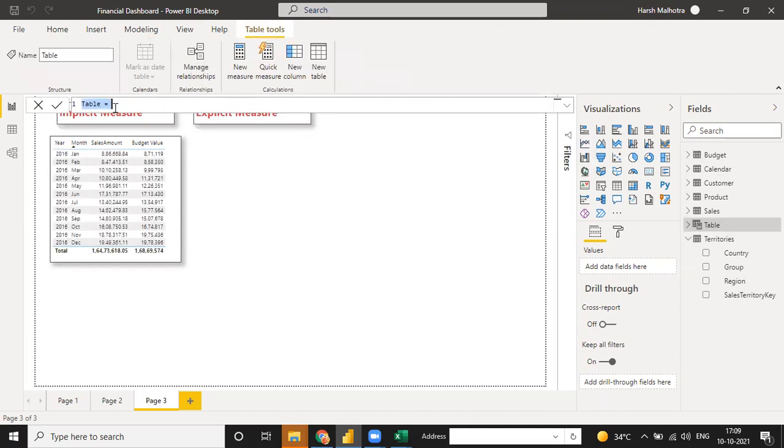Guys, if you have any doubt, you can ask me right now. This is just a table name. You don't need to connect this table with your relationship because this is just a separate table. This is for your group of measures only, so that you can find these measures at any time with only this table. Okay, so I just click two measures right now, total sales and total budgeted only.